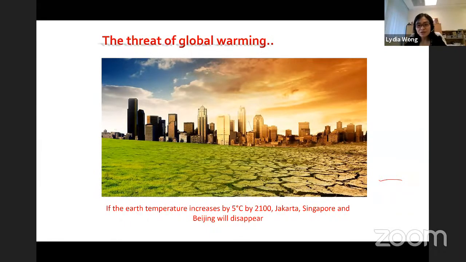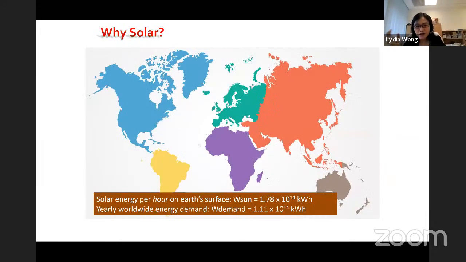You also notice and experience yourself how flooding in Jakarta basically makes the whole city shut down. If we don't prevent global warming, we will all live like Aquaman in 2100. So in order for us to reduce global warming, we need to reduce carbon dioxide emission. The largest CO2 emission comes from the emission of vehicles, as well as the emission from industry.